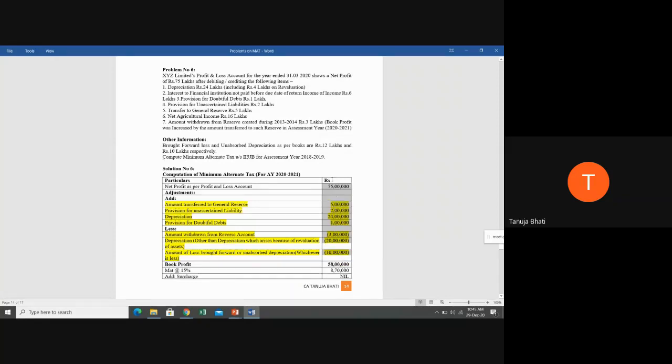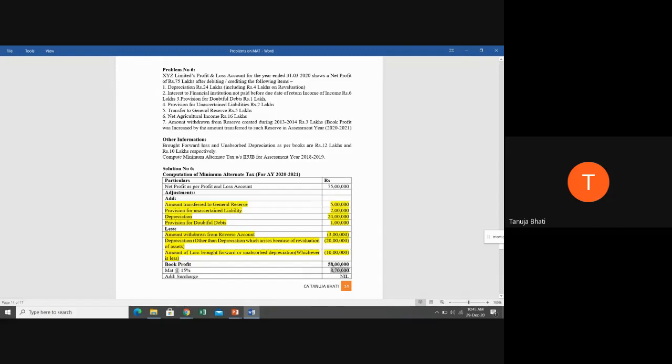First, you take net profit as per P&L account. You add all the additions. Usually, you add those items which are debited to the P&L account. You less those items which are credited to the P&L account. You get book profit. Now, you got the book profit. How to calculate tax as per the book profit? It is nothing but 15% of book profit as your tax liability. So 15% of